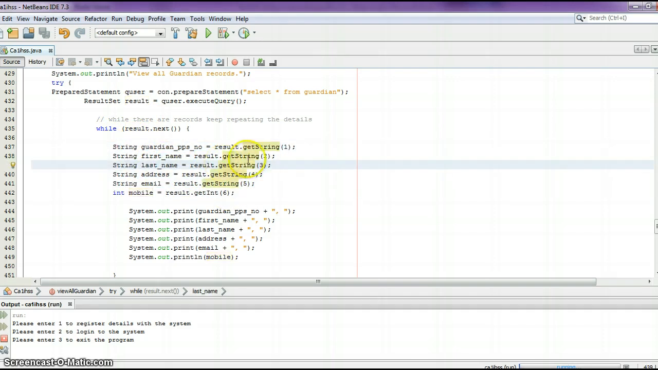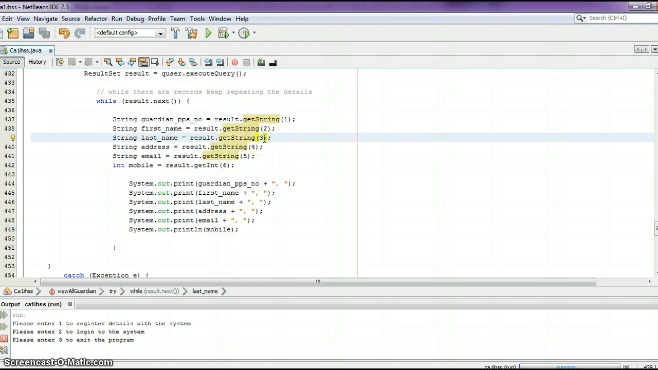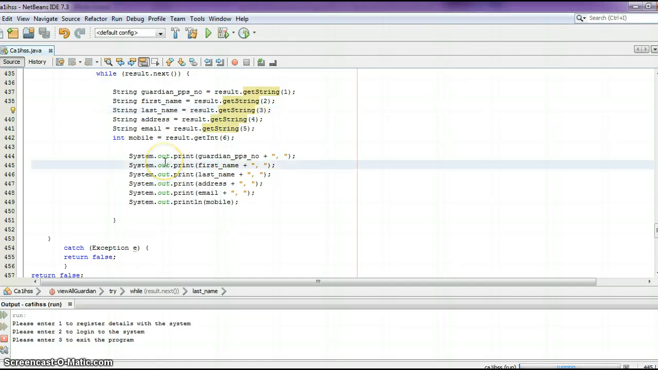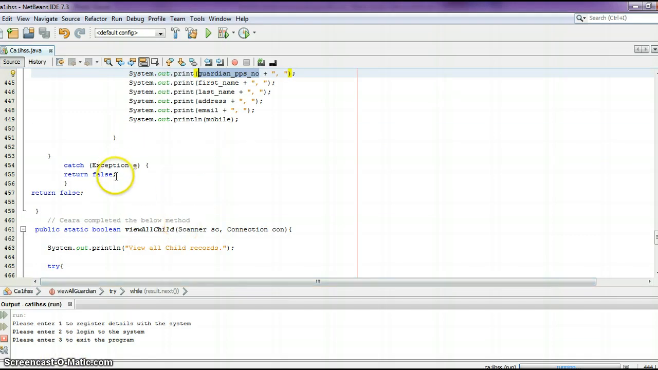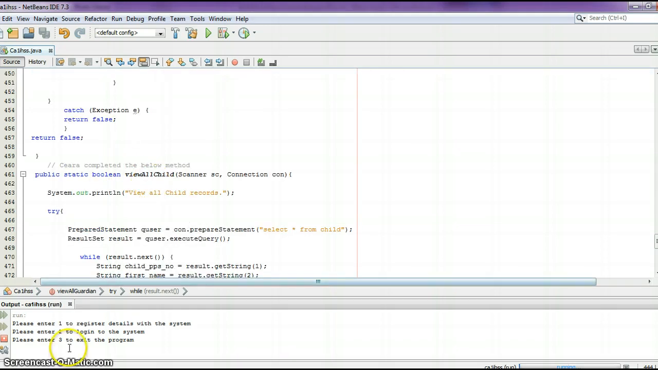The get is where it is to get the last name, which is column 3 in the database. Int is for the mobile, and then this is a simple printout statement, and your guardian PPS number, which is our variable, which they'll pull from the database system, and then just a comma and a space. And we have first name, last name, address, and print. So if we just run the program, then we have a catch for the try and catch, an exception, and then we have the return false. So if we go 1, 2, we log into the